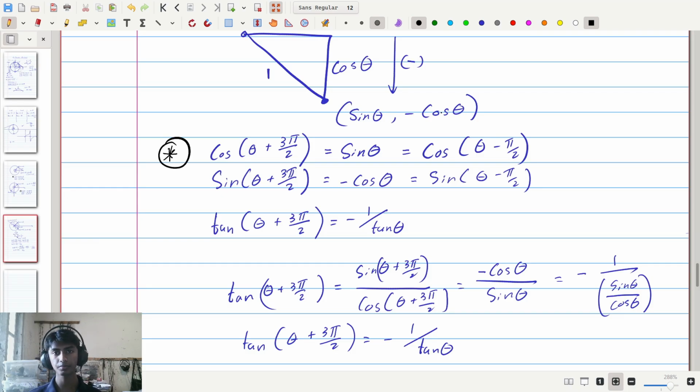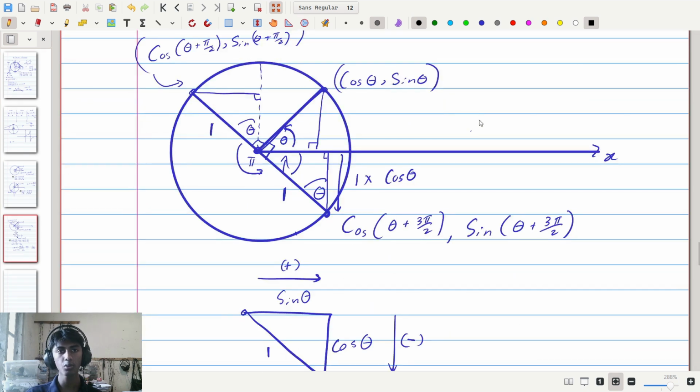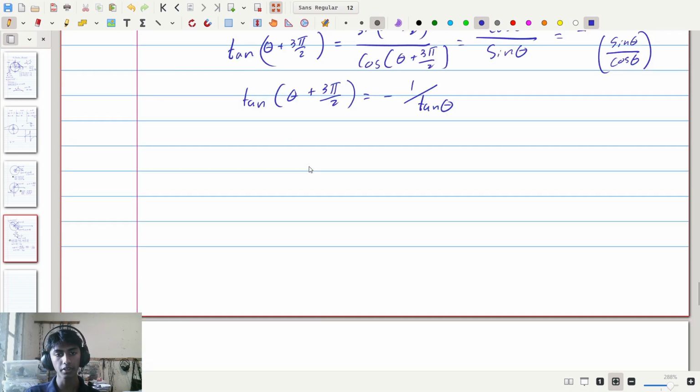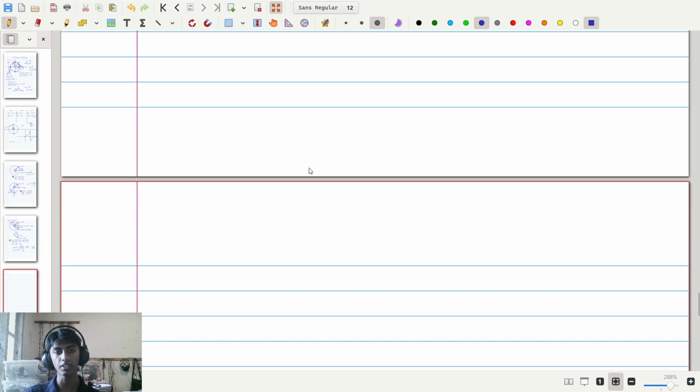Let's move on to the other case, not the minus 90 case, but rather the plus 90 case. If we go for the plus 90 case here, going for this point, again we can see we have this triangle here. This triangle has a hypotenuse of 1, and this length here is sine theta, and this length is cosine theta. So drawing this triangle out in a separate diagram, we can see